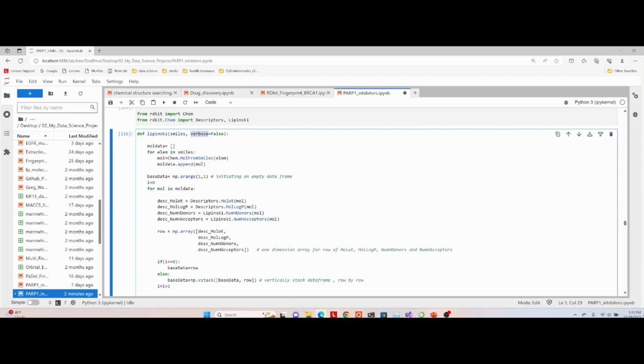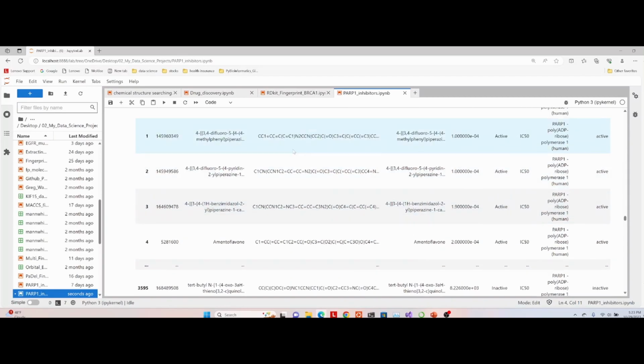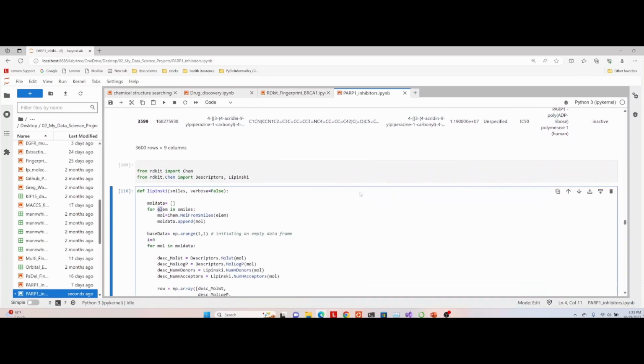Just say finish, and let's see the final results. The intermediate process, we don't want to see. At the beginning, we give an empty molecule data list and an empty data frame. Then at the beginning of running, each item in the smiles will be handled